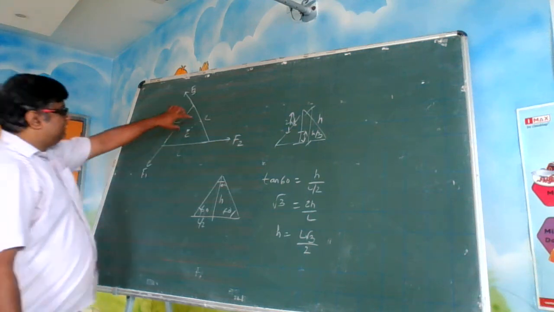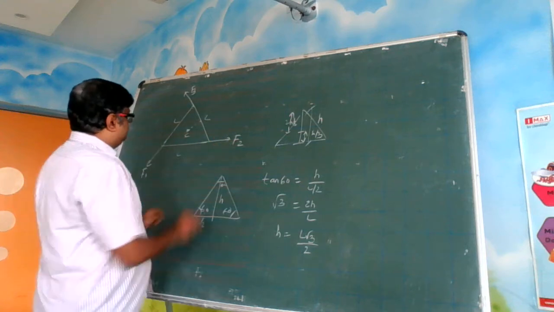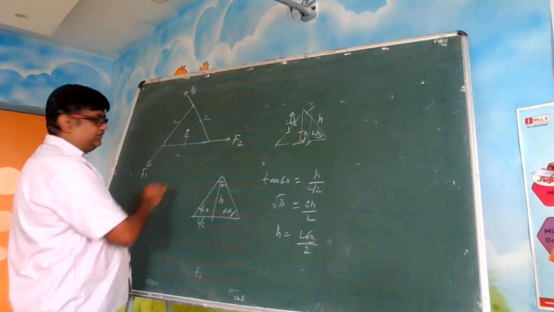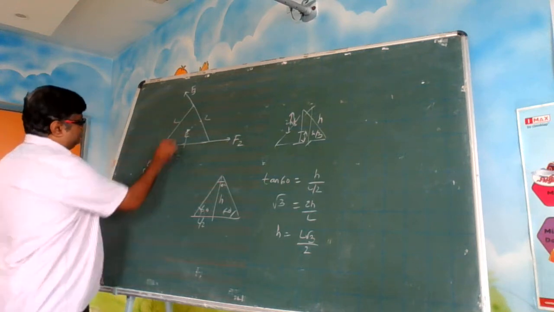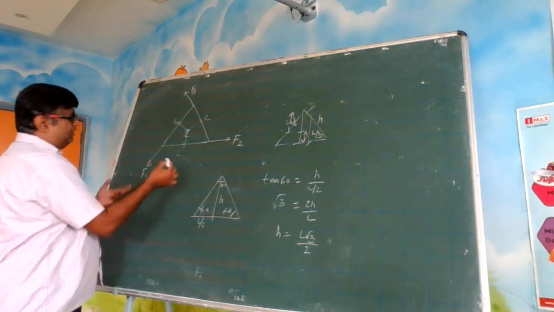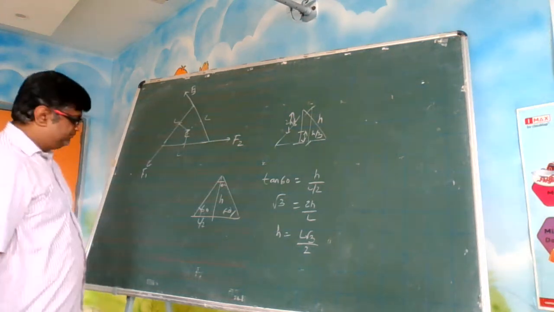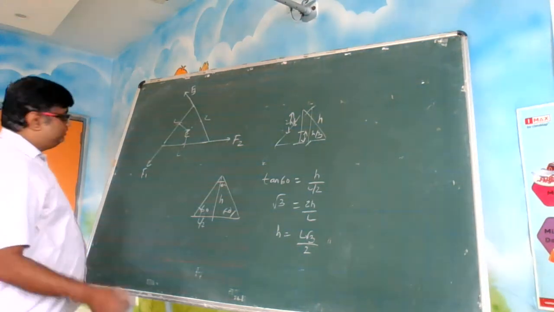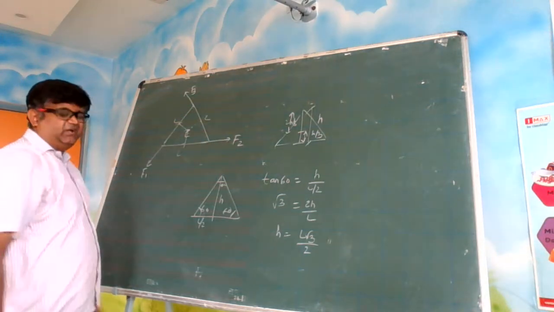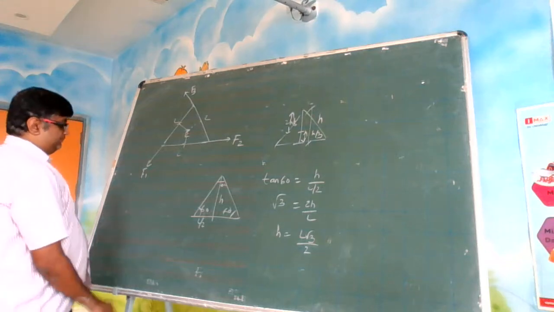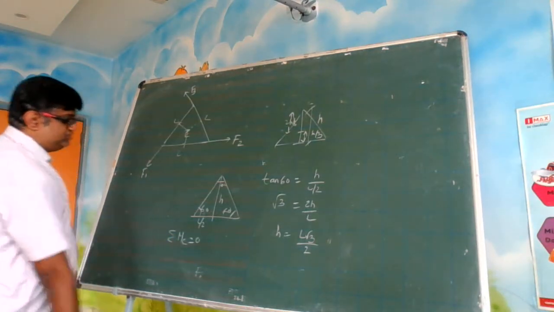So what will be my lever arm? For this force, the lever arm will be this. For this force, the lever arm will be this. You are calculating moment about C. All are the same, no? This distance and this distance will be the same. So finally, what you have to find out is the interrelationship between these three, provided that rotational equilibrium has to be maintained. So sigma MC must be equal to 0.